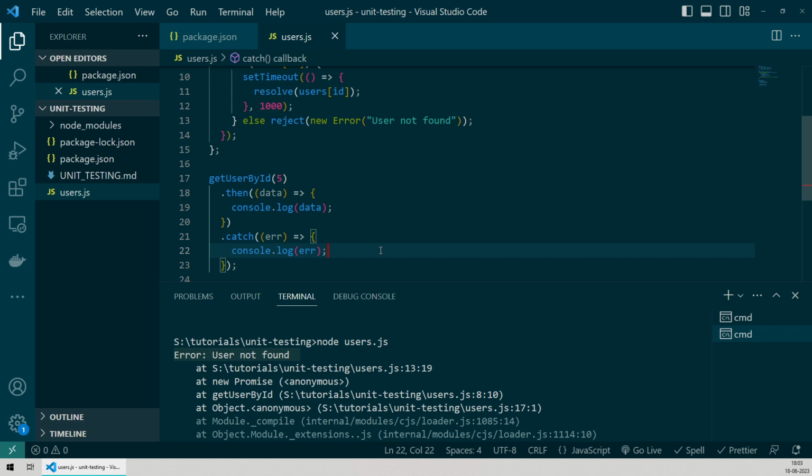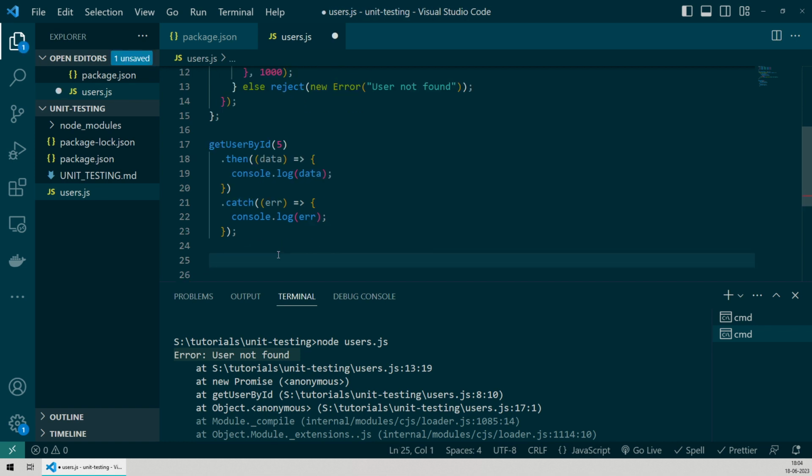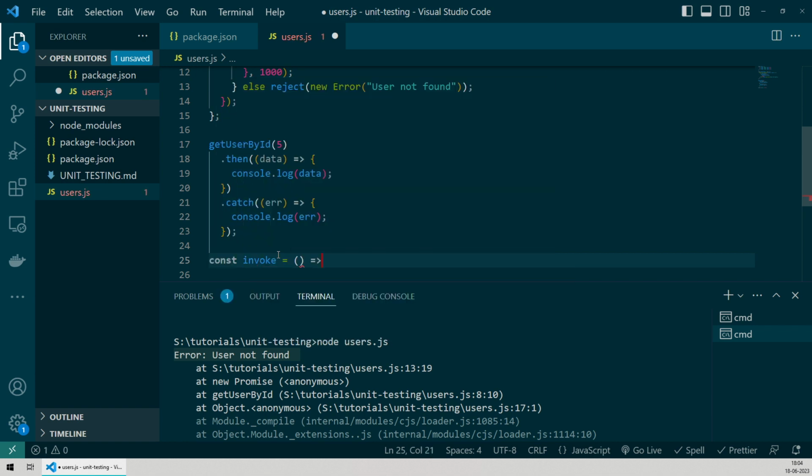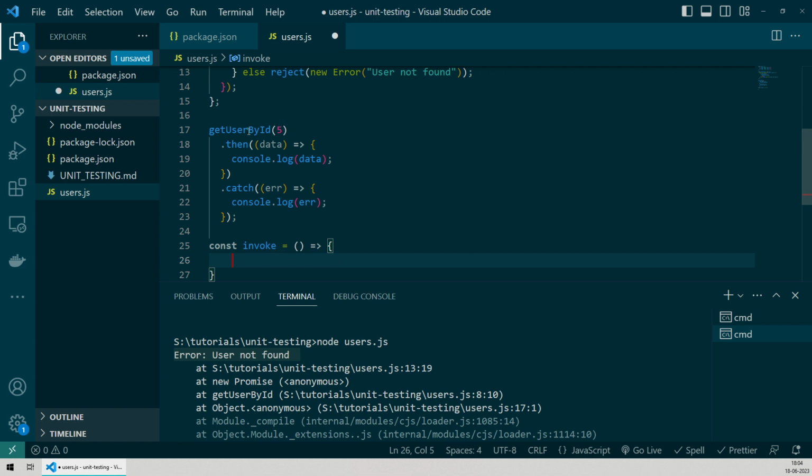We'll also test out the second way, which is using the async await syntax. And to do that, we'll have to create a new method. So I'll name the method invoke. And since this method will be calling an asynchronous function getUserById, I have to add the async keyword before the